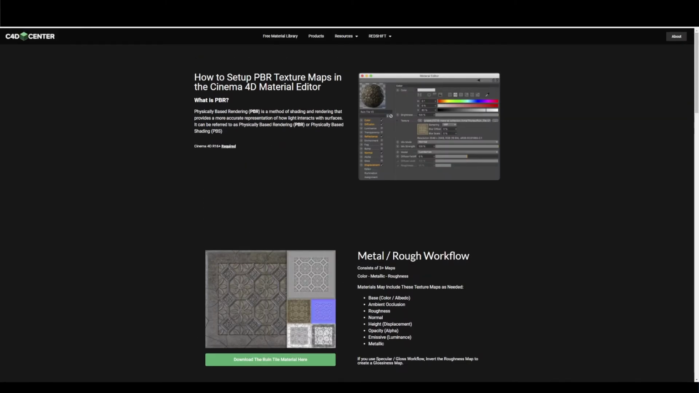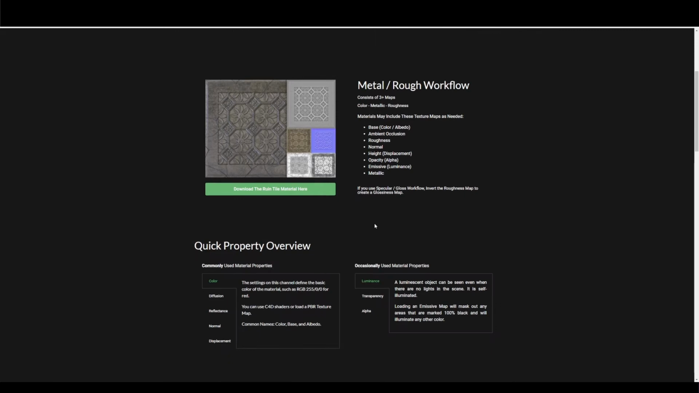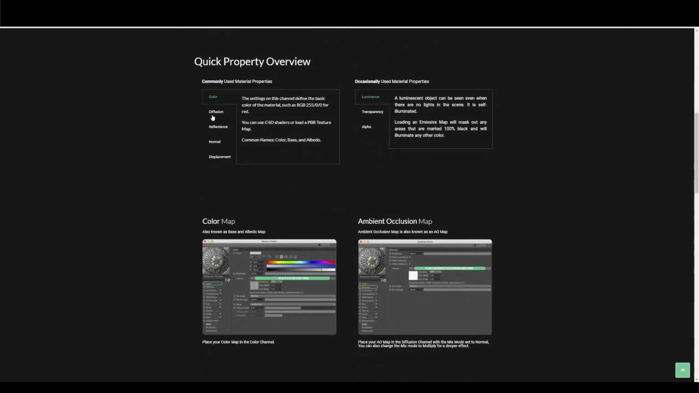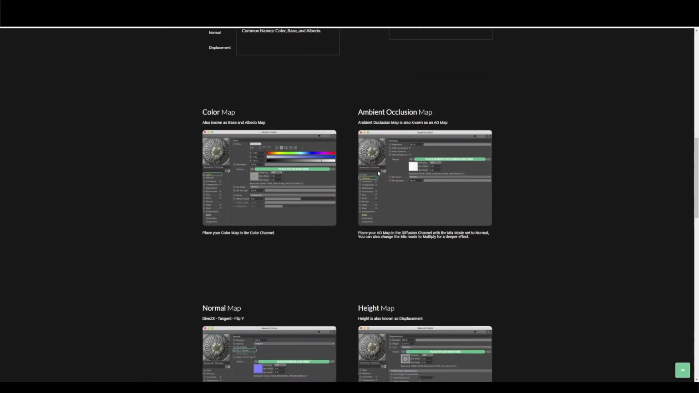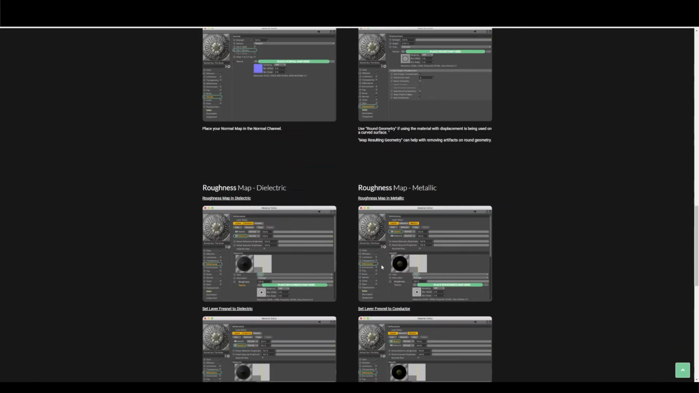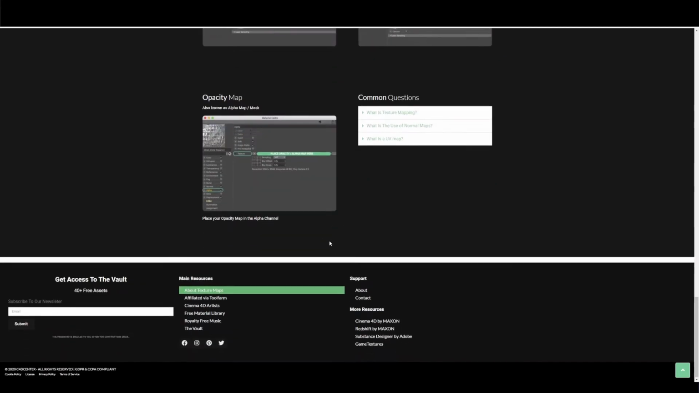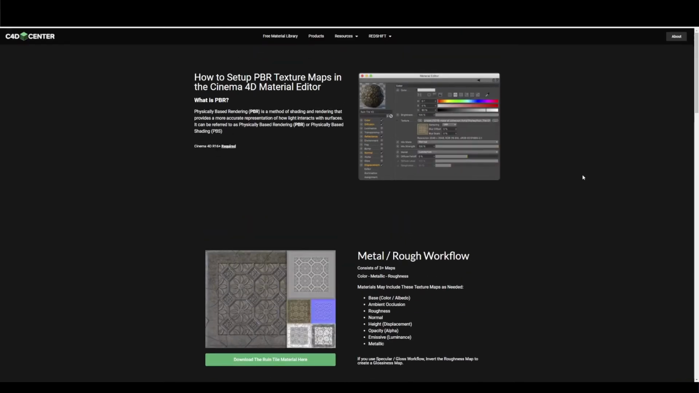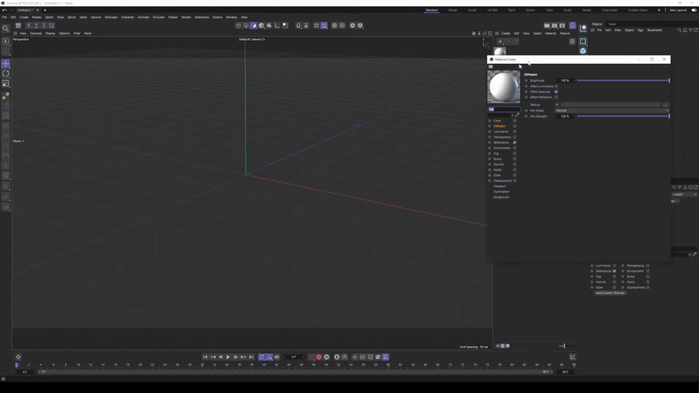In Cinema4D Center, there's a great page that explains how you can apply your texture maps. You can see that it explains what the different channels mean, and it can show you where you can apply your ambient occlusion map, normal map, height map, and what is going on with all of these. So I'll include this as a link in the description. So if we double click that,